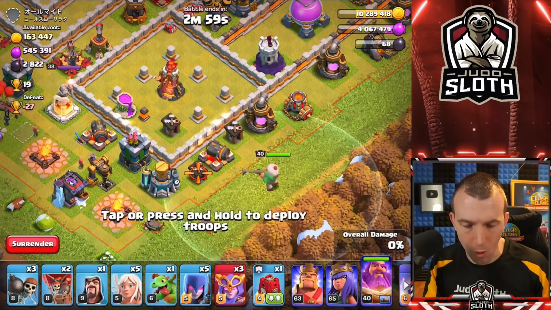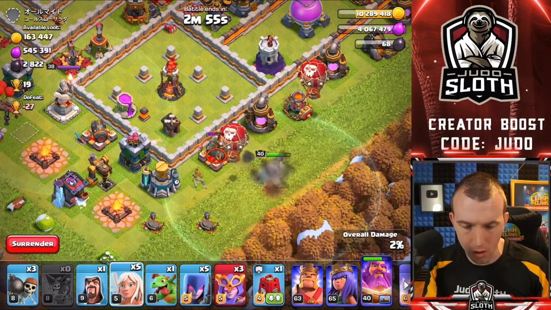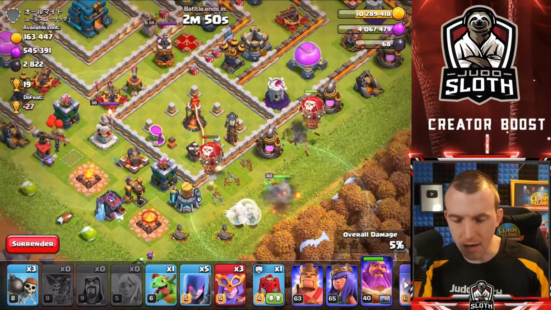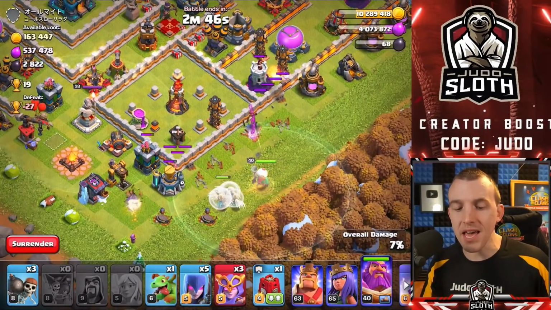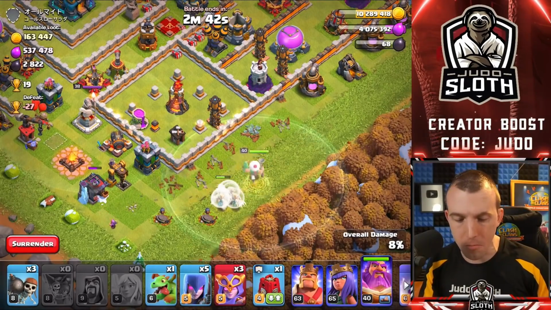Let's go with the Grand Warden. And let's go 1 balloon there to get the mortar, and then a little bit of a test balloon with the healers and a wizard just to help our Grand Warden in towards the multi. With it being a slow attack, anything you can do to speed up the Grand Warden process is...